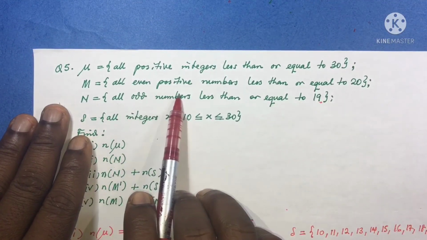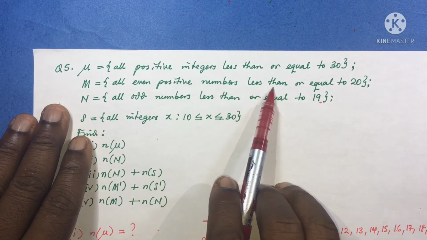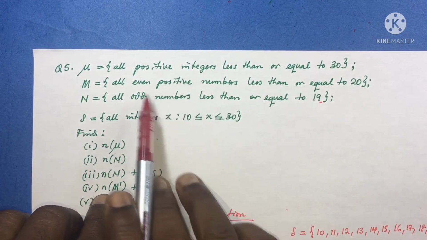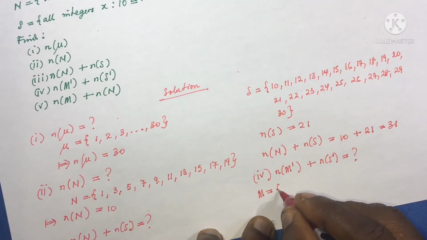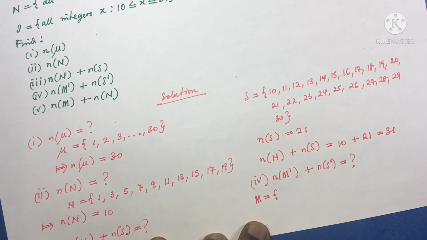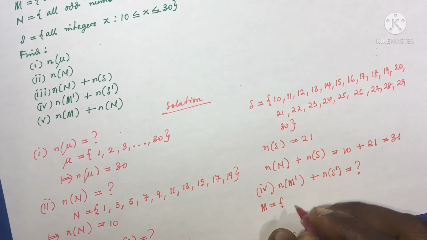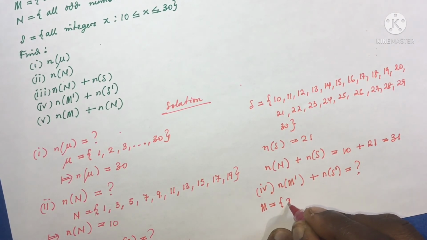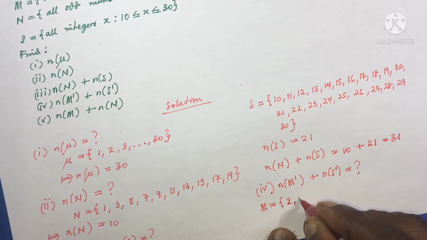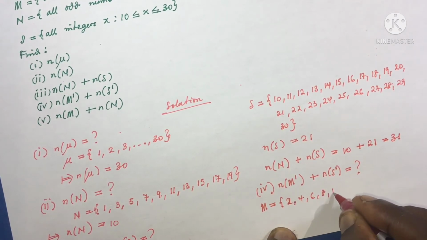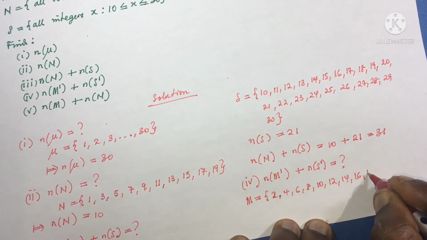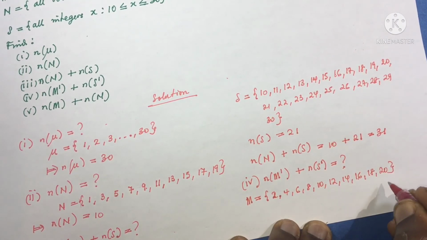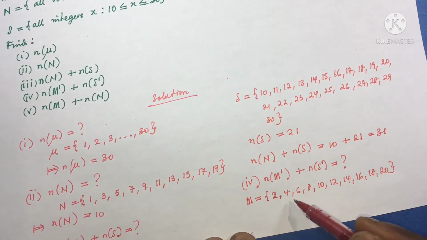M is the set of all even positive numbers less than or equal to 20 from the universal set. So let's see. If you select all the even positive numbers less than or equal to 20, you would have 2, sorry, because 1 is not even. You have 4, 6, 8, 10, 12, 14, 16, 18, and of course 20, because we were told less than or equal to 20. So listing out all the positive even numbers from the universal set less than or equal to 20 gives us this set,